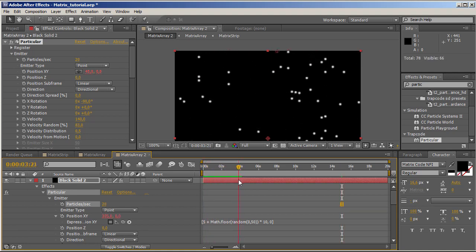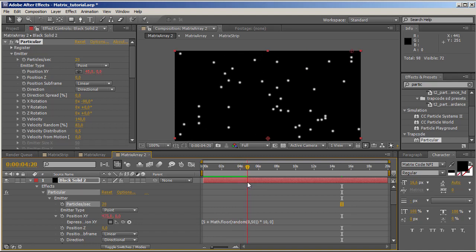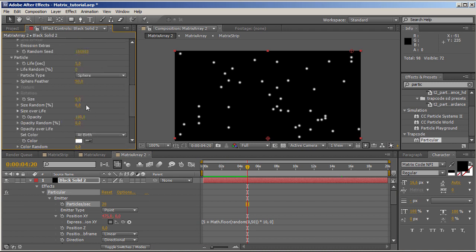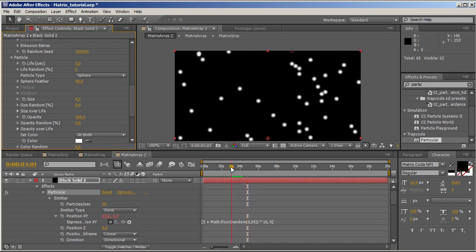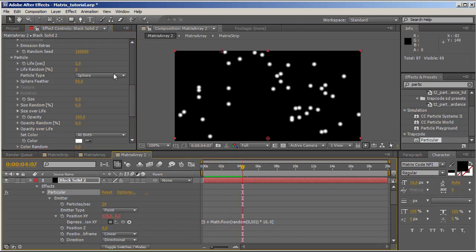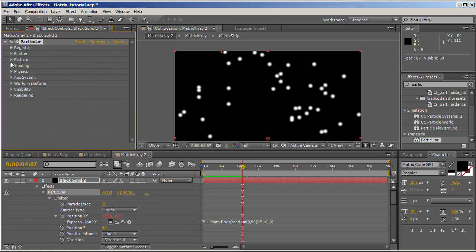So now the only thing left to do is to increase the size of the particles. As you can see right about here, for example, the particles are not big enough. So we can go ahead and just increase the size so that they meet like that. And that should be just fine. And okay, I think we can leave with that, but also we need to add an Aux system, which is